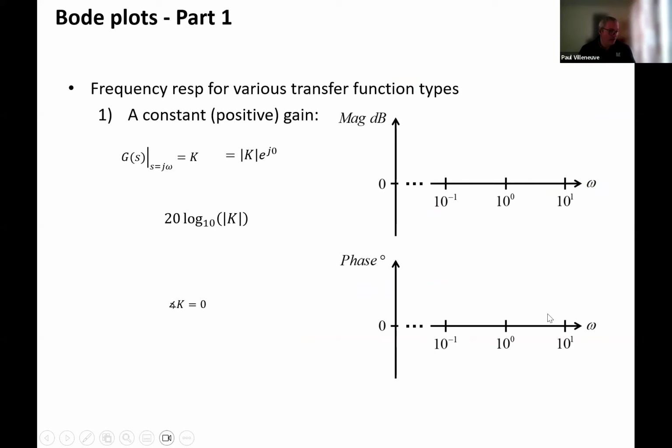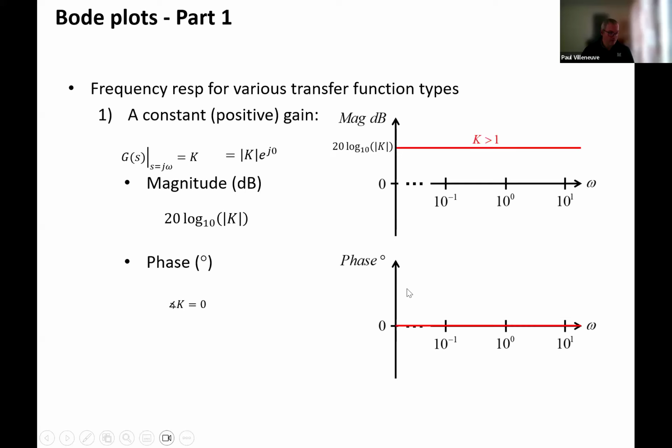All right, last little bit, because we're getting close to running out of time. I think I have until 9:05. So what's the frequency response for a constant? If I look here, I just take 20 log 10 of k, and that has 0 degree phase shift. Here's my magnitude, and it's going to be equal to 20 log 10